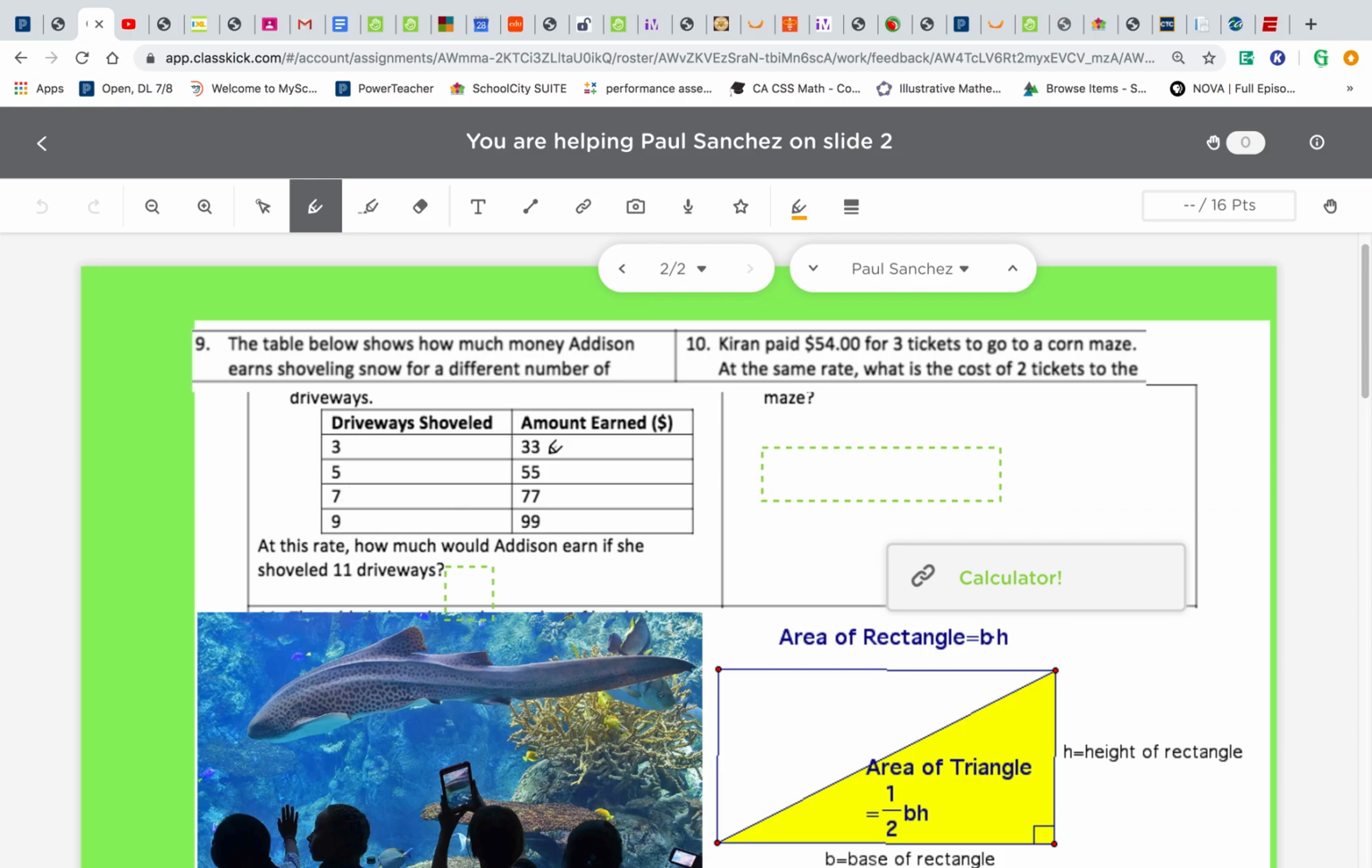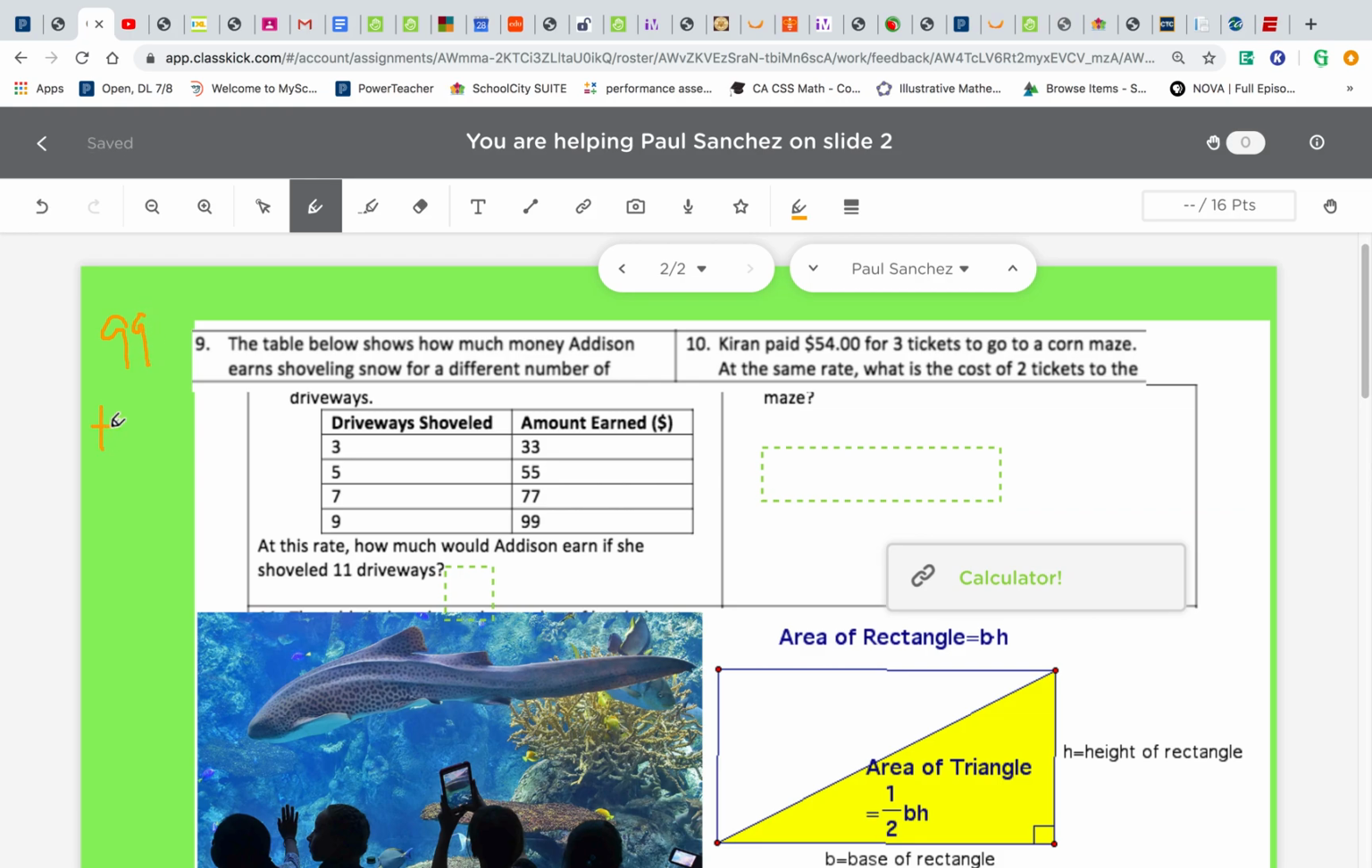So let's see what's happening over here in this side. In this side here, from 33 to 55, that is increasing by 22, okay? 55 to 77, it's increasing by 22 again. 77 to 99, increasing by 22 again. So we're increasing by 22. So if we increase 99 by 22, that's going to be 99 plus 22. All right, so let's see here. 99